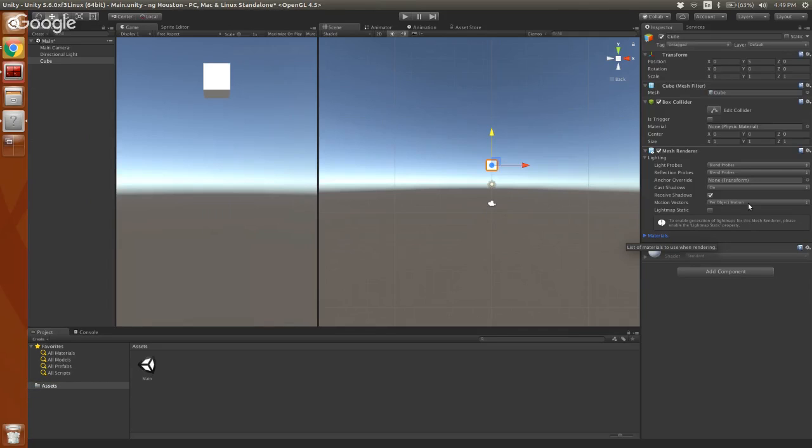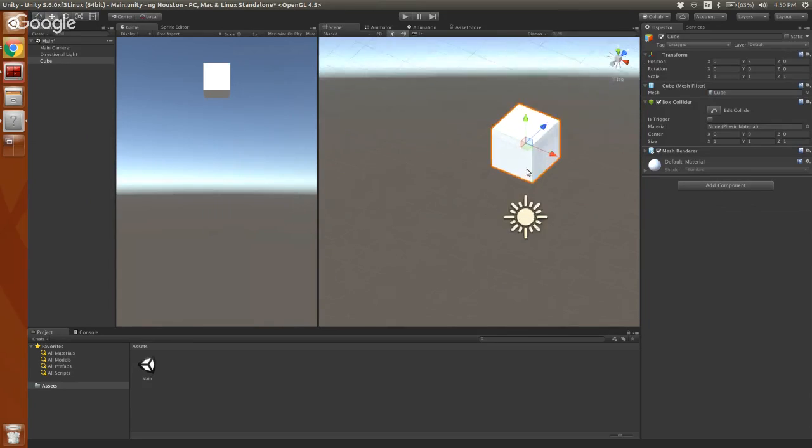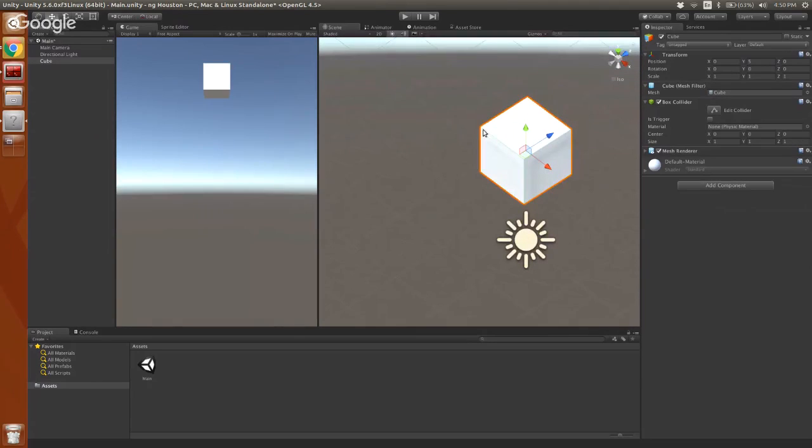However, the renderer is actually what takes care of the visual part of it. The box collider, which is up here, is the most important part in terms of making this interact in your game. The box collider says, this is a cube. It has the physics properties of a cube. So it has 6 sides, and it is shaped like a cube. When I click on this, we can see, it's hard to see because I also have it selected, but there are very faint green lines along the edge of the cube. That's showing me where that box collider exists. So in this case, it exactly matches the same size as the renderer and as the cube itself.